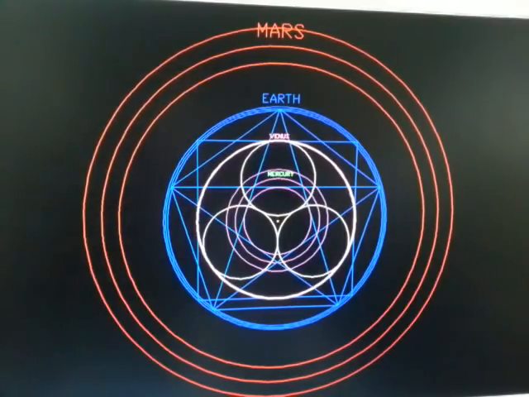I've gone to Wikipedia, I've taken the orbital speed of each planet and the time that it orbits the Sun, and that gives me a circumference that I can plot, giving a mean orbit. Right, so what I've done here is with these,